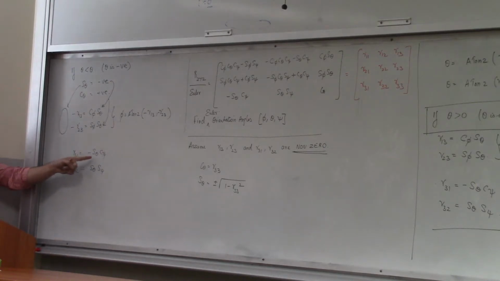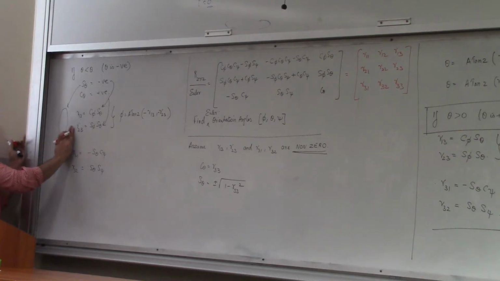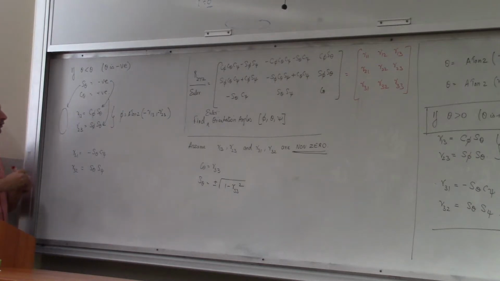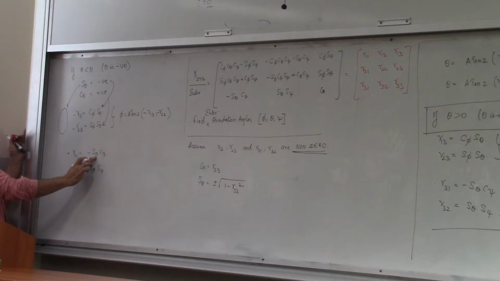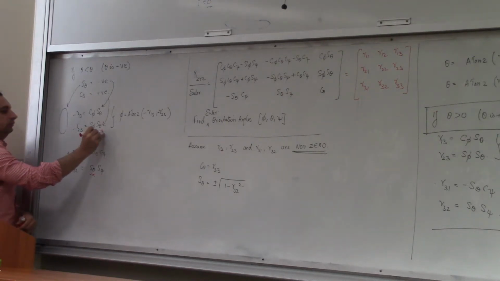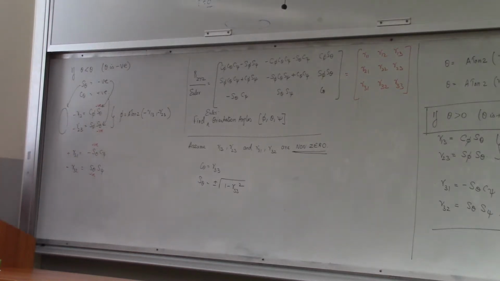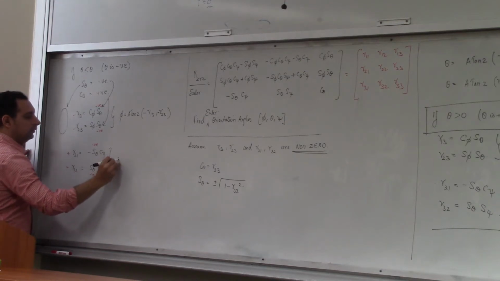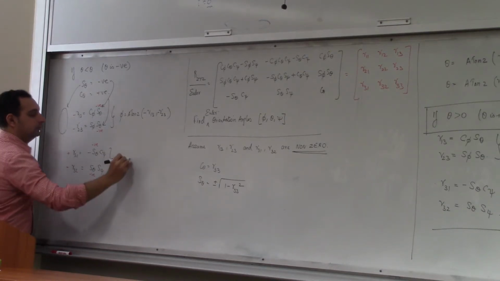Now this will become positive because negative of negative. Let me write it like this, using a different pen so you know that I added this later. So this will become positive because it's negative of negative. Sine theta is negative, and this is also negative, so I'll add a negative sign. Okay? So here you will have psi will be equal to